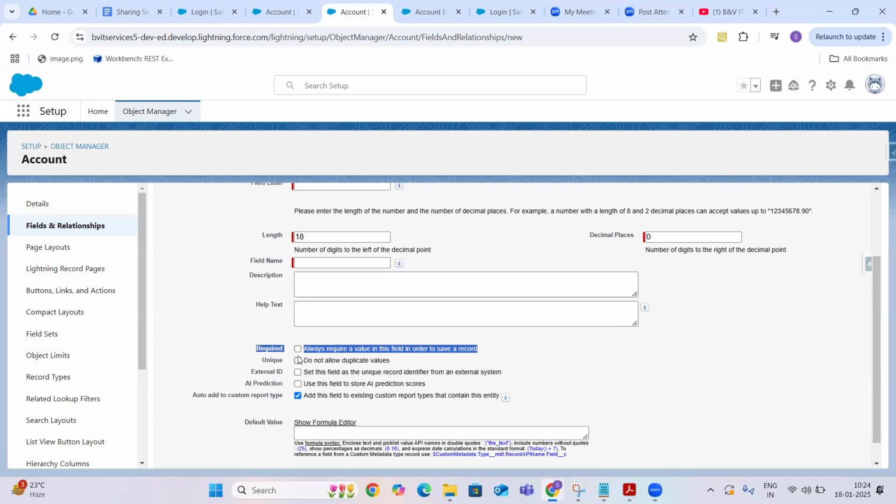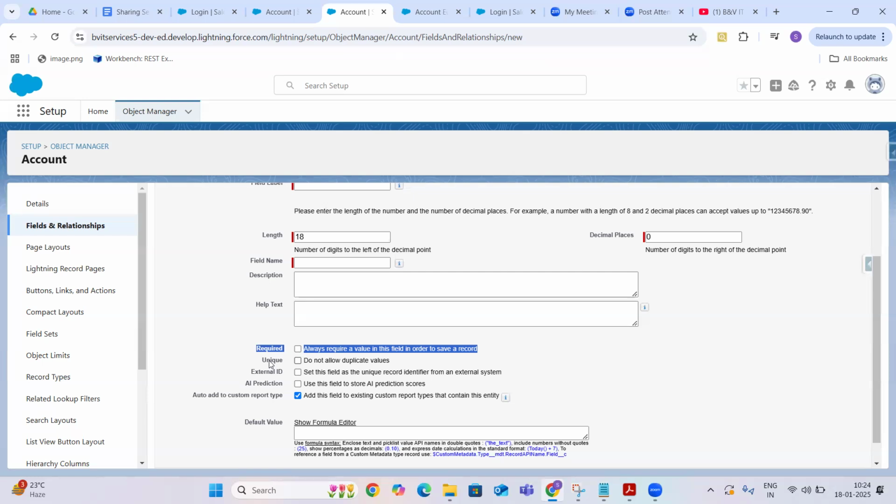Basically, these two are examples, and external ID is something we use in integration scenarios, which you don't require, guys. But they will ask what the difference is between required and unique. Required will just make the field mandatory, but you can allow duplicate values. You can save the same value on both records. But unique is different. You can't save the same value on two records for this field. Okay, that is unique. Always make sure that the values are unique in that particular field.